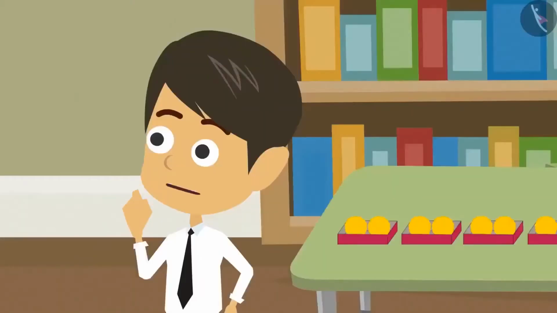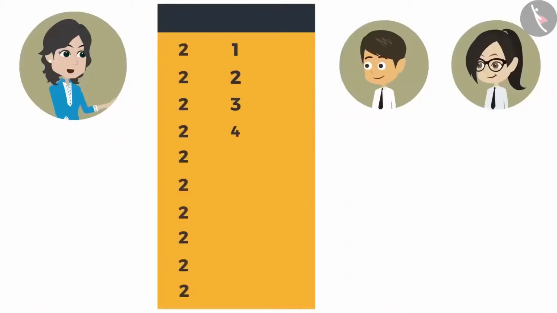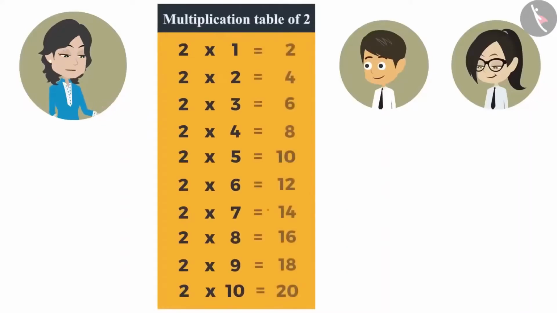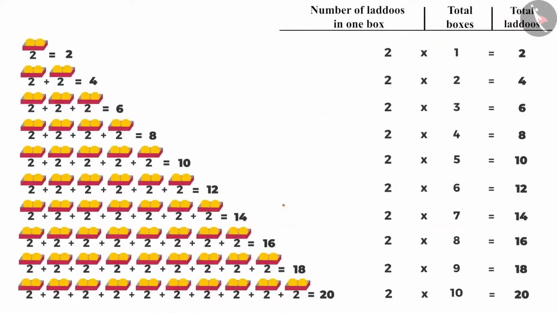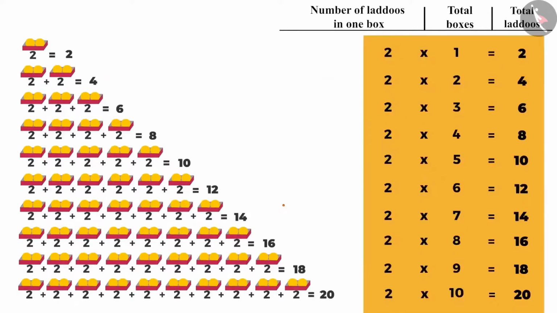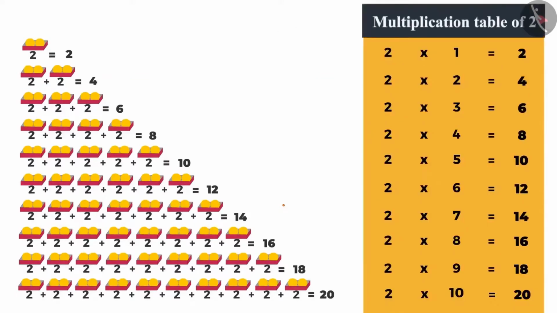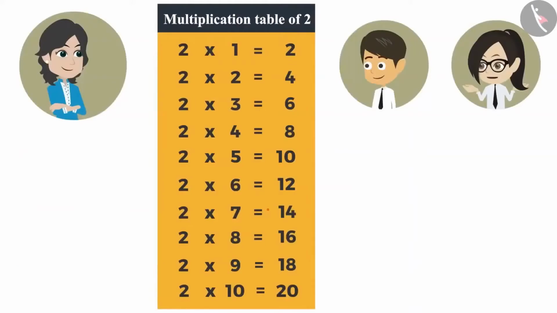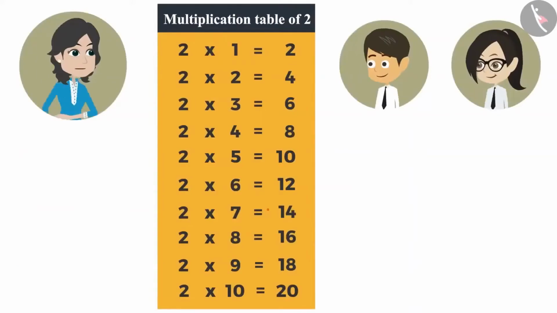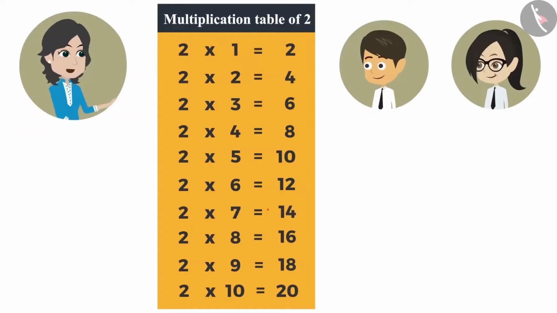What are tables? The list obtained when you multiply a number by 1 to 10 is called the multiplication table of that number. Just like you have multiplied 2 by 1 to 10 and obtained this list. This is the multiplication table of 2. Do we need to memorize it? Yes, because it will be very useful for you. Like me, you too will be able to calculate without using a pen and paper. We had also memorized it.